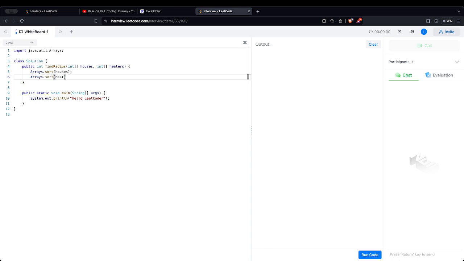Arrays.sort heaters, and then I'll have pointer heater equals 0 and pointer house equals 0, and then I'm gonna have int result equals, let's say we have houses[pointer house] minus heaters[pointer heater],